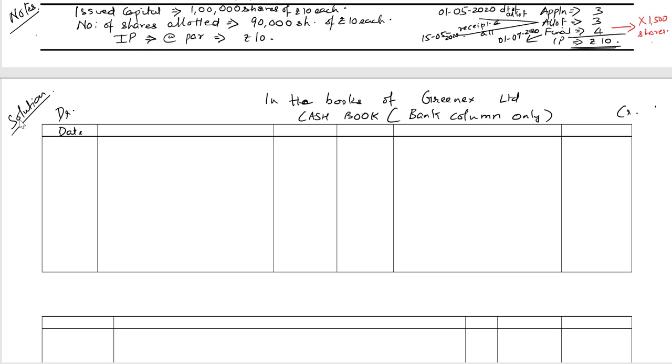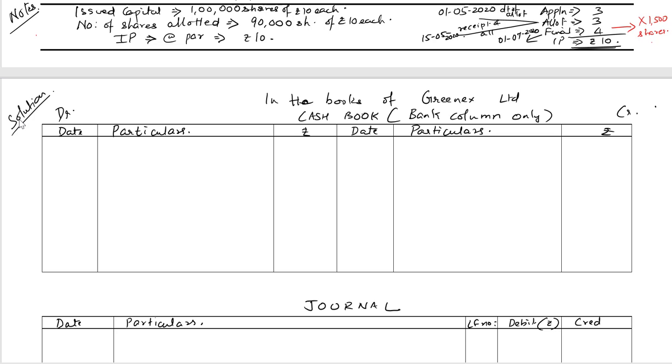We have date, particulars, a rupee column, and again date, particulars, and a rupee column. Next is the journal. We have date, particulars, LF number, debit rupees,